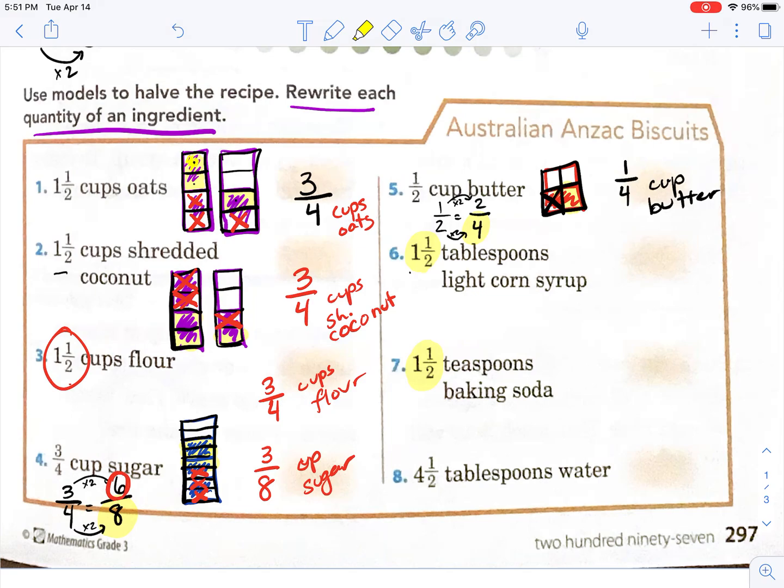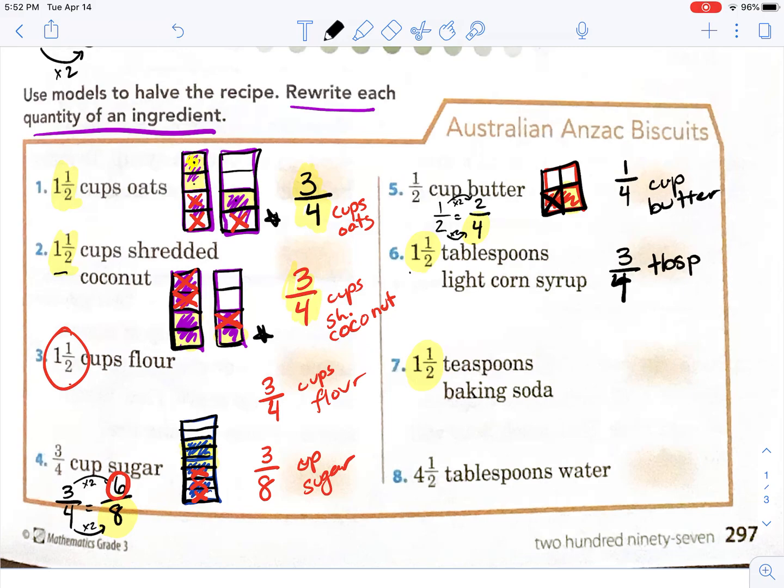If I have 1.5 sandwiches and I cut them, I can't share that evenly, Mrs. Cornthal. Well, I can cut them into fourths, and I would get 3/4 and my friend would get 3/4. Sometimes after you do these long enough, boys and girls, you just start to remember. 1/2 of 1.5 is 3/4. So I'm not going to do it again. I'm just going to let you write it in. Half of 1.5 is 3/4. If you want to, you could do this picture again, but we've already done it 2 times. It's right there. 3/4